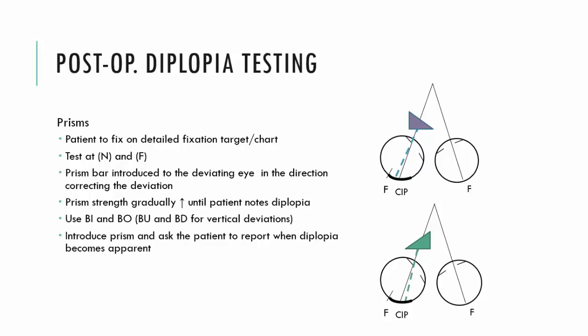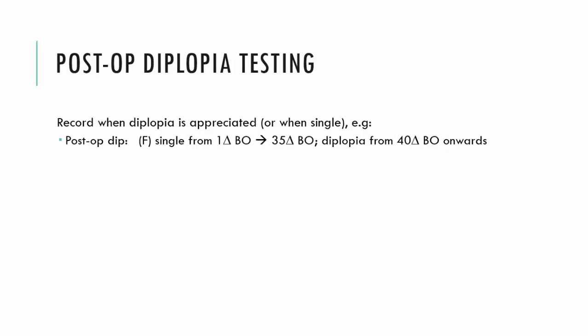It will give us information around the surgery, which is around here at the fovea, because obviously the surgeon is going to want to move towards fovea and make the eye straight. And when we're going in the other direction up here, we're just gaining information about the history of this suppression scotoma. If we find that there is a suppression beyond the CIP, it's an indication that this used to be larger in the past. In terms of recording, we indicate that we've performed a post-op diplopia test,